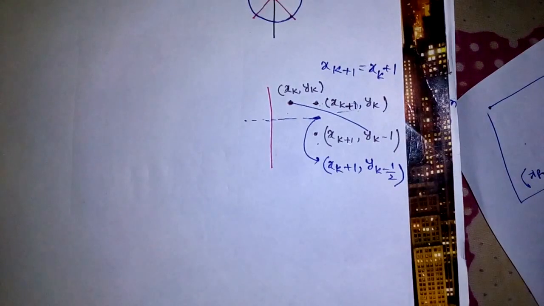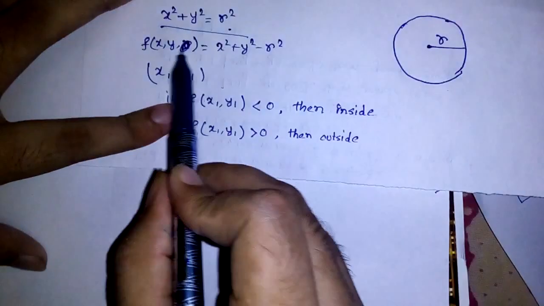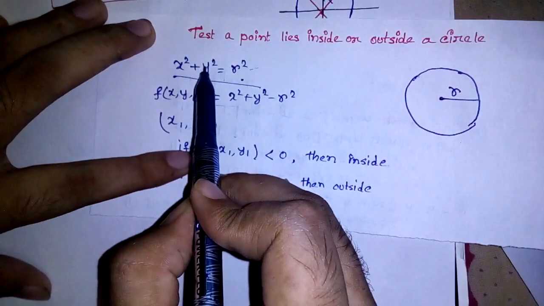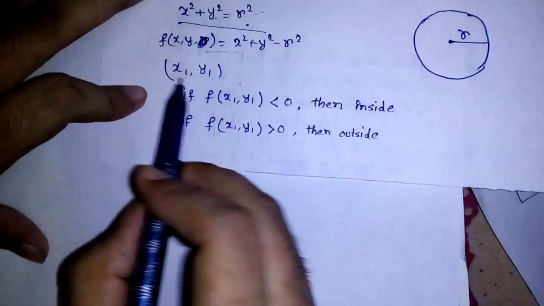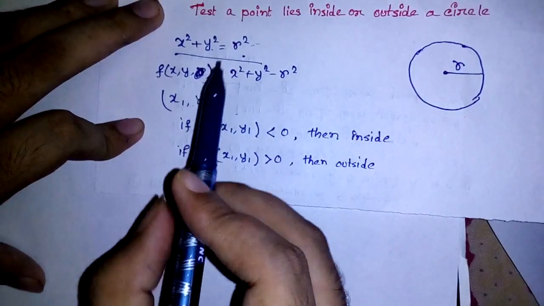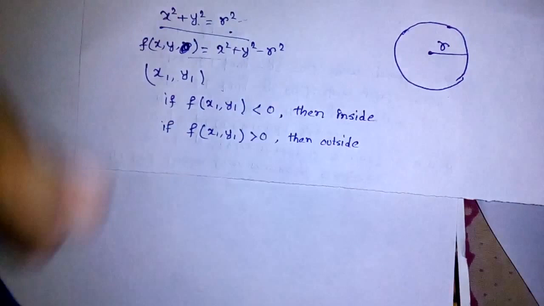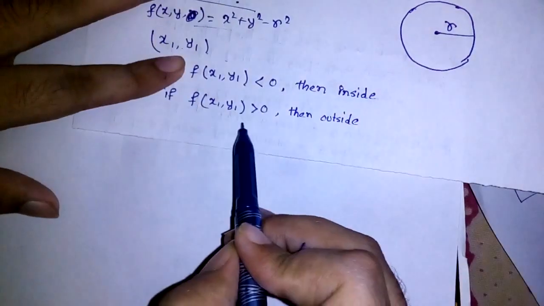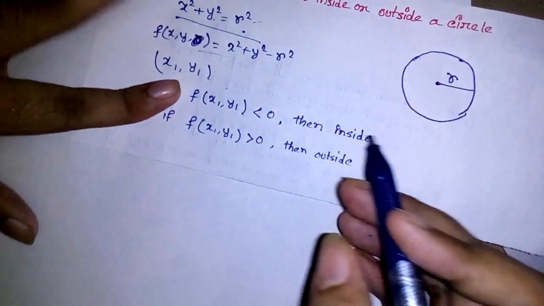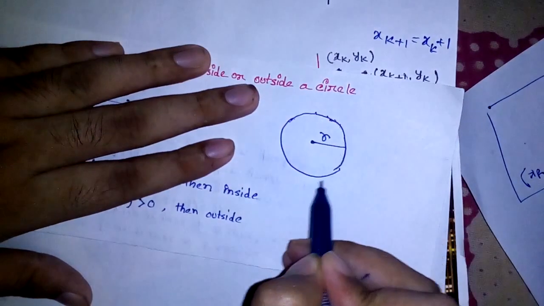Before that, let's see how we can verify whether a given point is inside or outside of a circle. Let's say that this is the equation of the circle. Now this is some function. I just put this r square on the left hand side. Now how do we test whether (x1, y1) is inside or outside the circle? If I put this point in this polynomial, and after evaluating it the value is less than 0, it means that the point is inside the circle. If it's greater than 0, it means that the point is outside the circle, and if it's 0, then it means that the point is on the boundary of the circle.